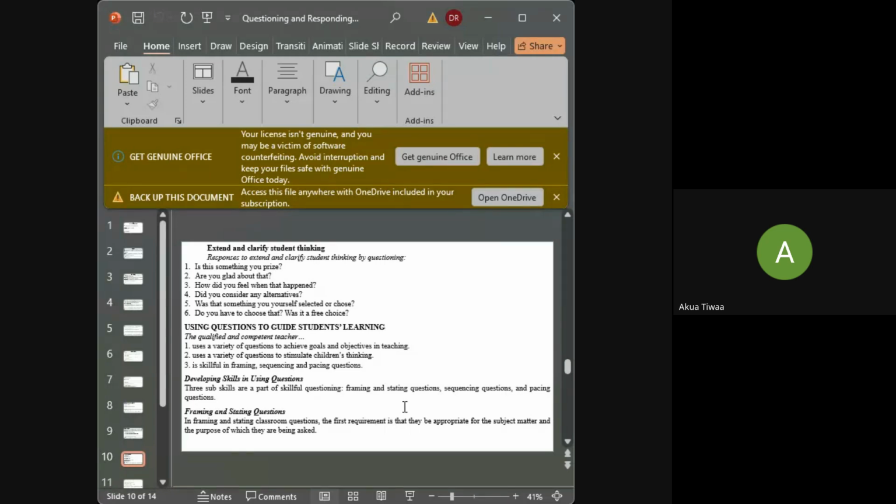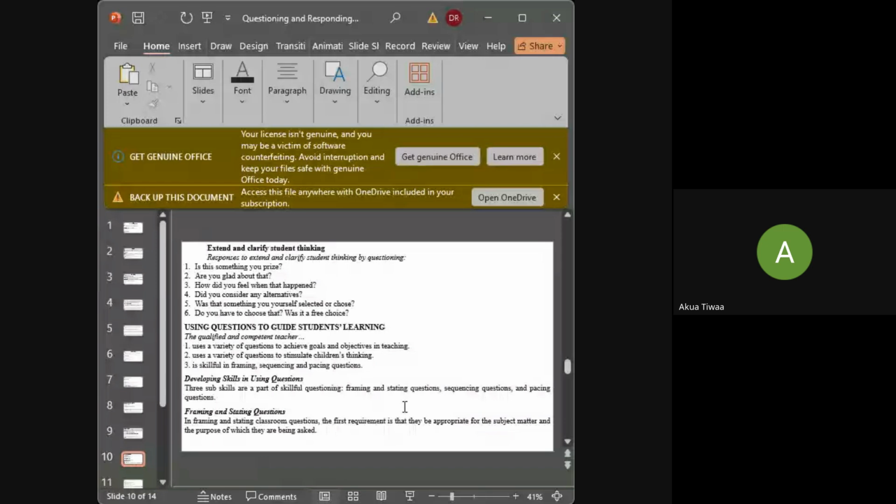And we have performance criteria. As a result of serious study of this, the teacher will be able to write sample questions for a grade of his or her choice for each of the types of questions discussed. Okay. And so that is the performance criteria. I will not look at that one. Let's quickly look at